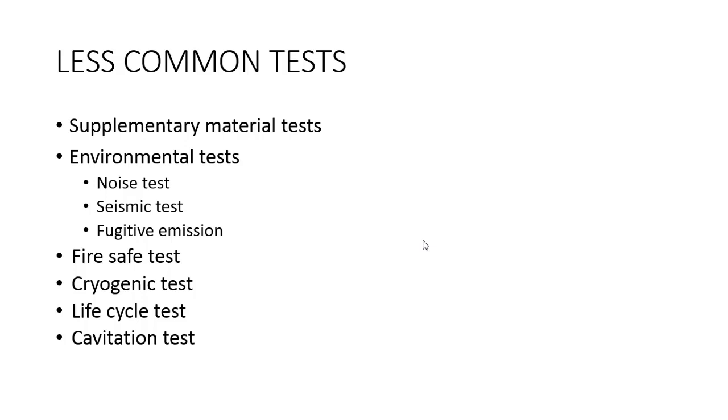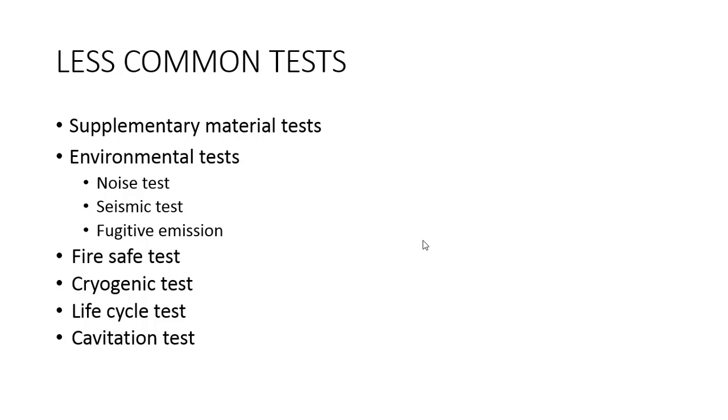Next is the environmental test. First is the noise test. It can be done as per the standard ISA S75.07. Acceptable noise level is as per industrial standard of 85 dBA. Next is seismic test. It is done to check the valve will perform during and after the earthquake. Ideally required in nuclear power plant. IEEE 344, 323, 382 provide guidelines to perform this test.